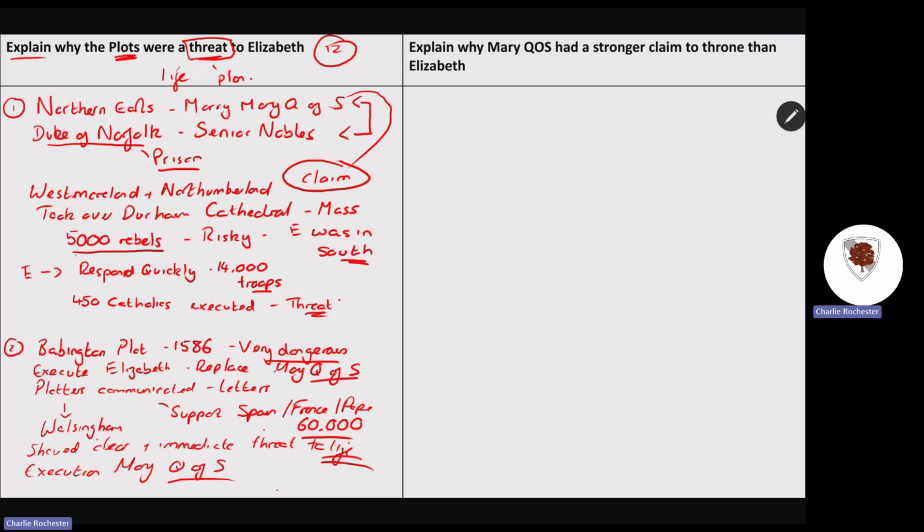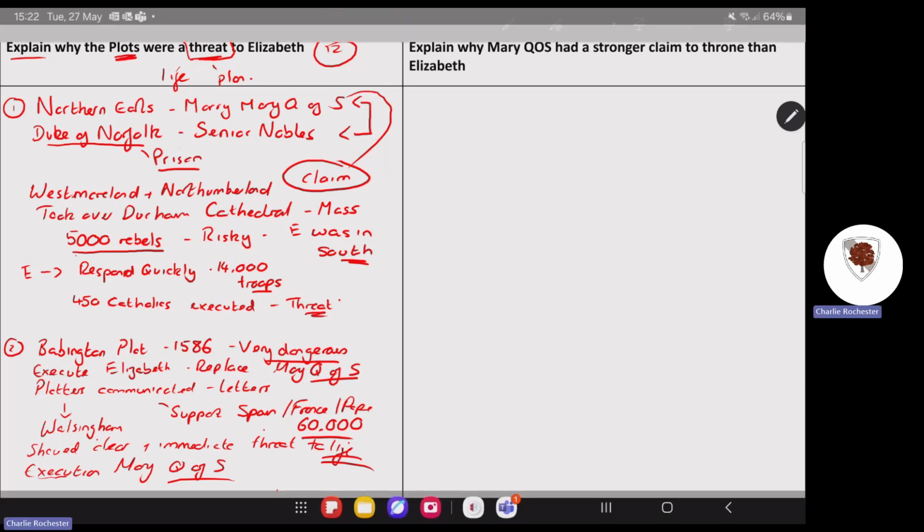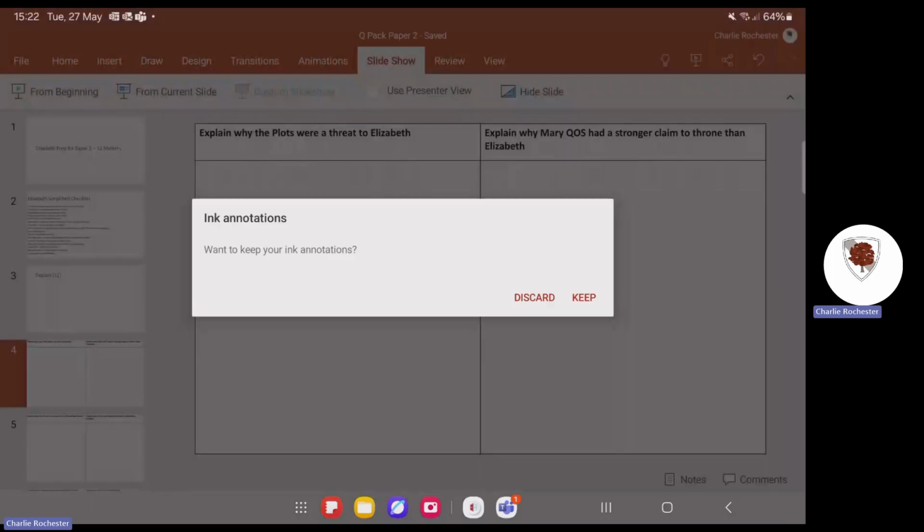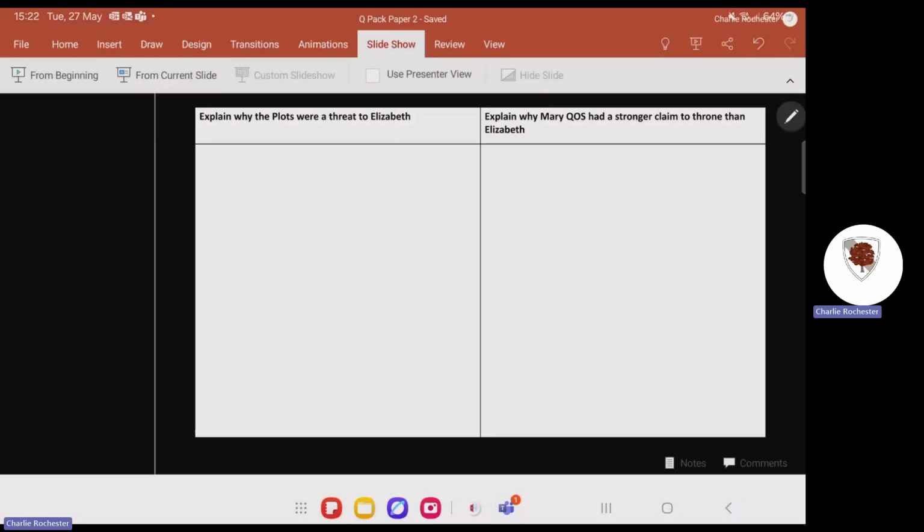So if you were just to write about these two in the exam, you would achieve 8 out of 12. If you were to give the story and give the reason why it was a threat, you would achieve that. However, that wouldn't be enough to achieve the 12. So, just going to remove these off here,